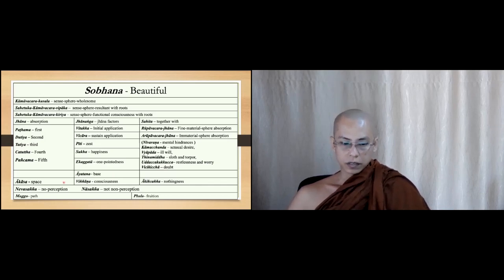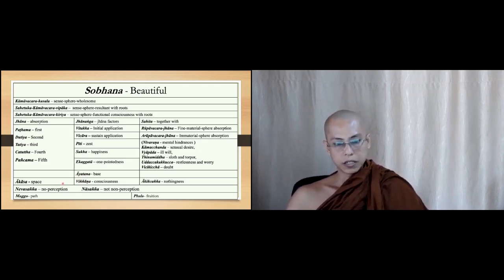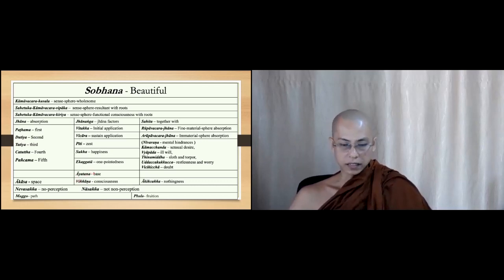Okay, so in the classification of Arupa consciousness, you will see the words ayatana, akasanancayatana, like this. We already introduced the 4 immaterial sphere realms and consciousness. So here Arupa ayatana is base. When we study the 7th chapter of the Abhidhamma Sangaha, we will find the 12 ayatana, 12 types of bases.